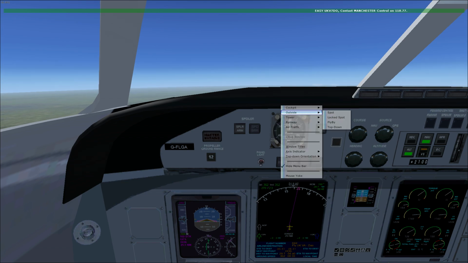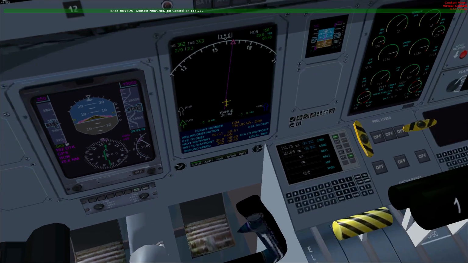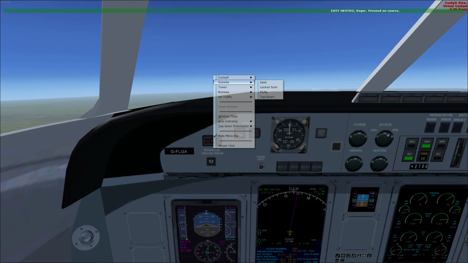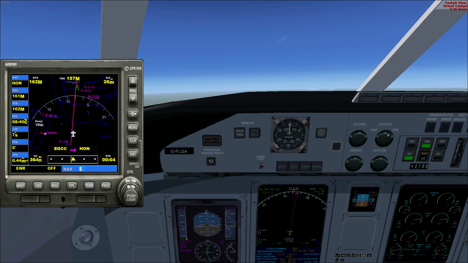In real life, I think it does about this speed, which is why there's a marker there for it. There you go, it's exactly on that marker now. Sounds about right. There you go, we've just joined Manchester Centre. Just been told to resume our course. Proceed on course. So we're at just 2,000 now from cruise. When we get to cruise, I don't know how long we're there for really, but